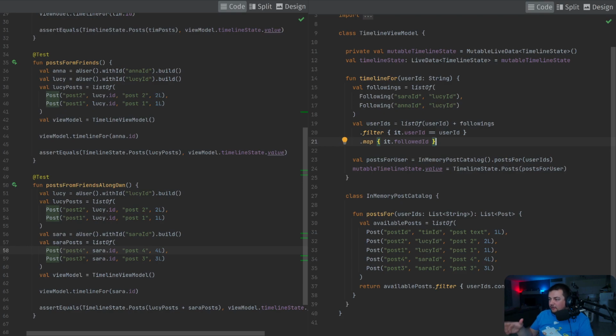Then I'll have to push this one there, and then we have the in-memory post catalog. I just have to see how everything's gonna evolve, but because now we are running almost